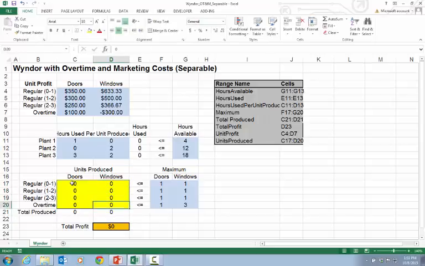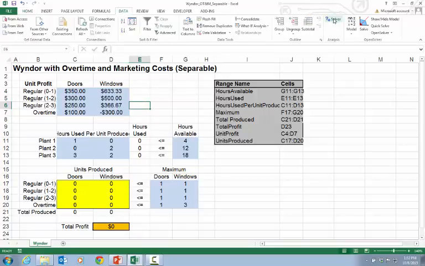And again, keep in mind that this is now a linear programming problem using the separable technique to incorporate the nonlinearities, or the non-proportionalities, of both the overtime and the marketing. But again, keep in mind that the marketing costs are all baked into our per unit profitability values up here at the top. So if we bring up the solver model,